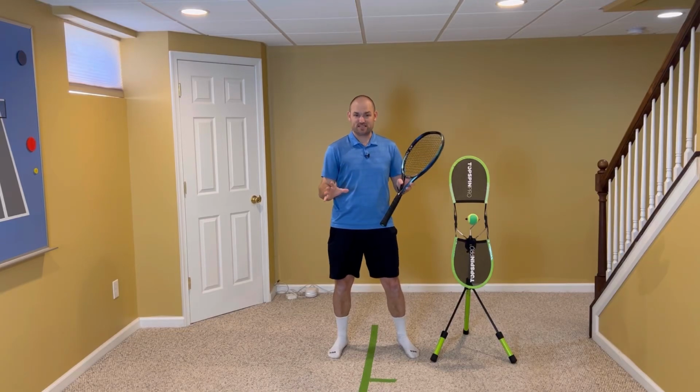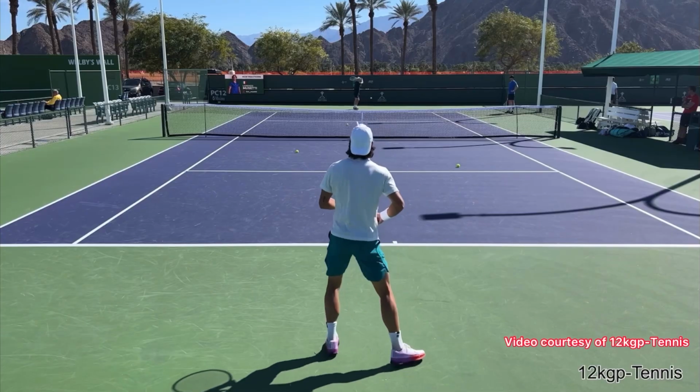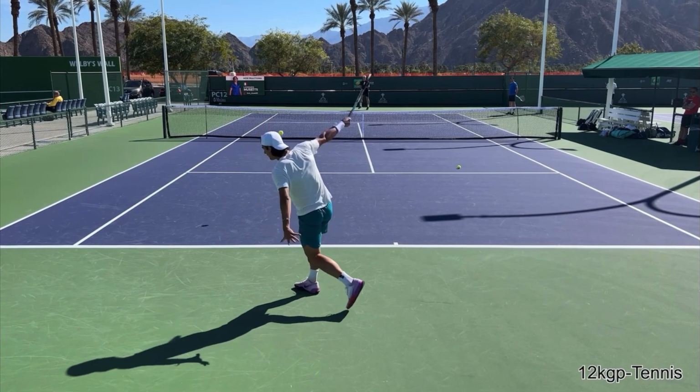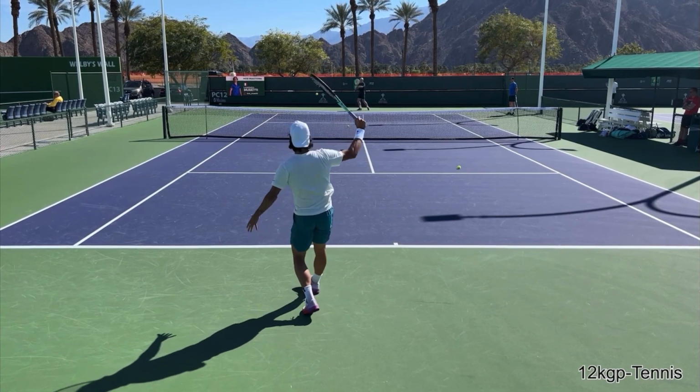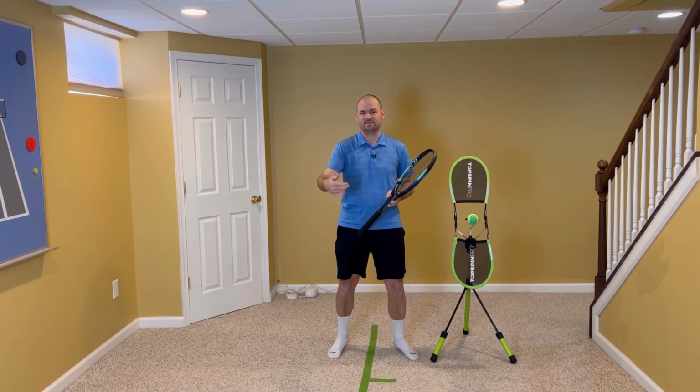So here's a simple tip that's going to help you hit a better one-handed backhand. Check out this video of Musetti, and I want you to notice right here, see how his racket is straight up and down? When he takes the racket back, you could balance a coin on the top edge of the racket. That is an incredibly important position because it helps you to square up the racket face against the back